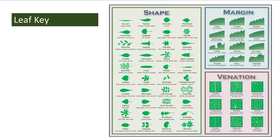There's a spear shape, I forget what the Latin name for that is, but there are different words that describe each of these leaf shapes. Sunset is mainly going to tell you it's an oblong leaf. They may say it's a cordate leaf. They're typically not going to get this scientific with you because most of their reading community doesn't know all of those words. And at the same time, those leaf margins sometimes also tell us